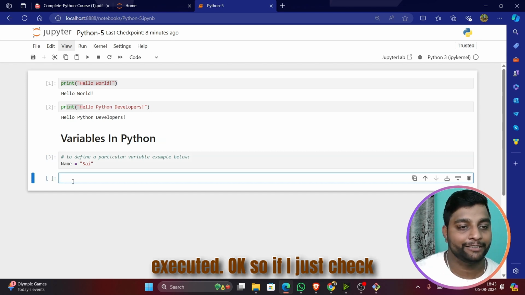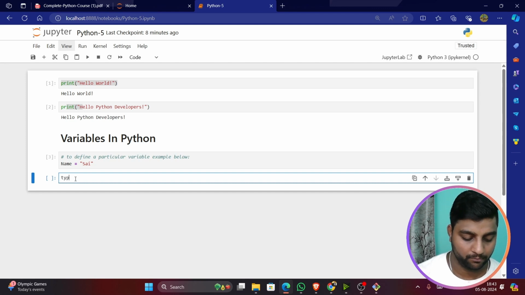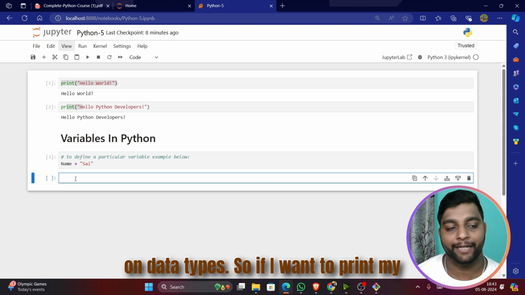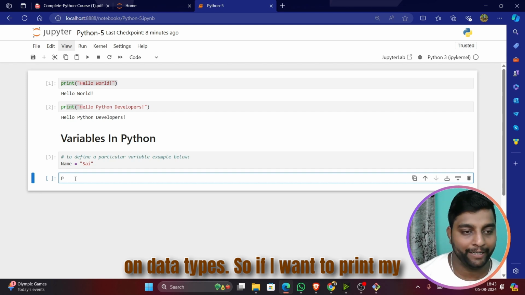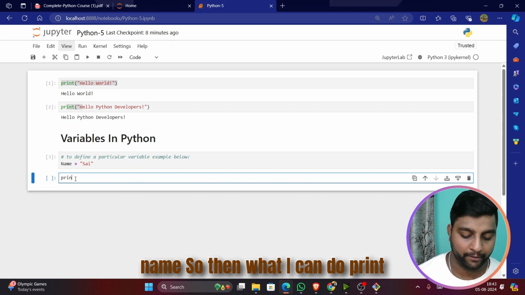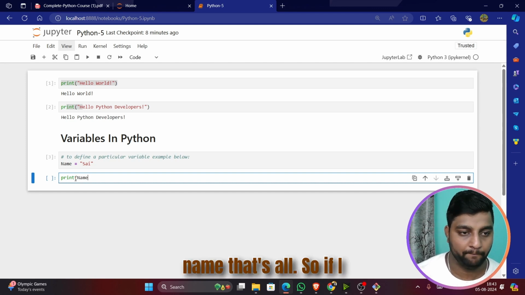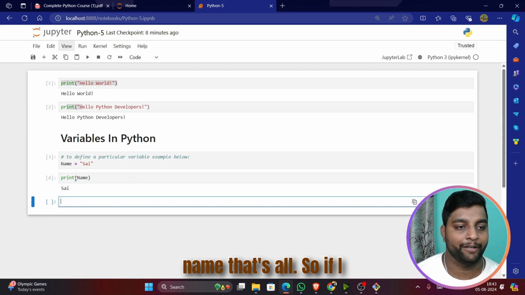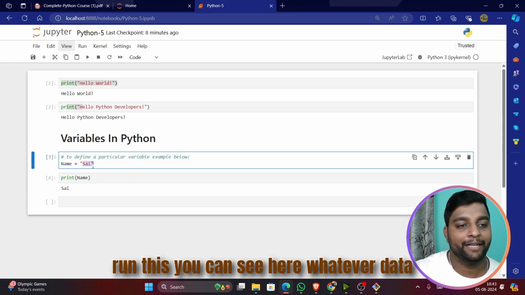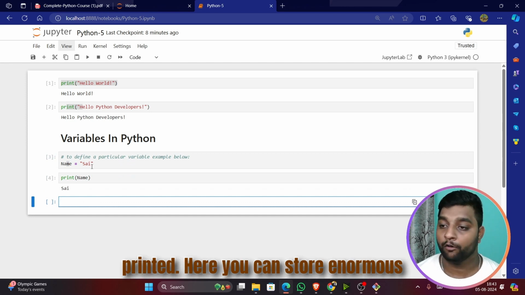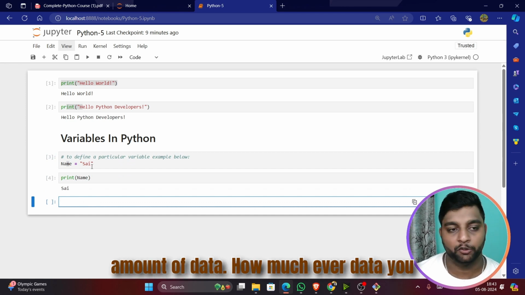Okay. So if I just check type of name, we will see that in data types. So if I want to print my name, then what I can do, print name. That's all. So if I run this, you can see here, whatever data is stored in this, immediately it will be printed here. You can store enormous amount of data, however much data you want, you can store